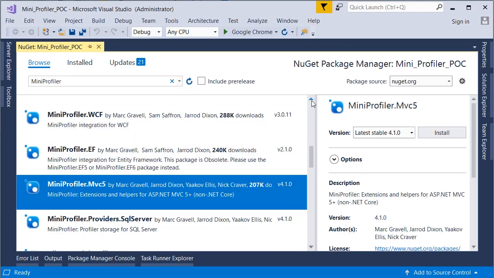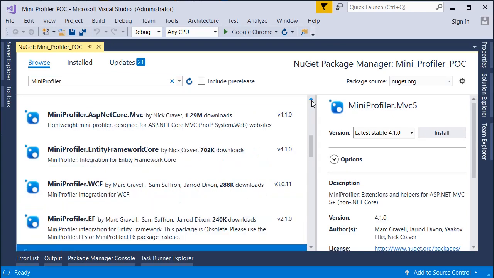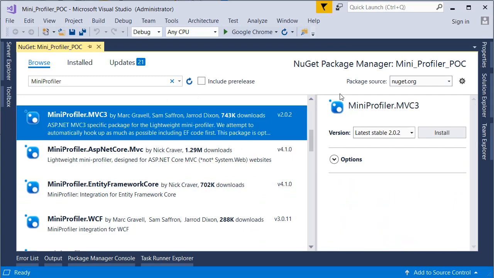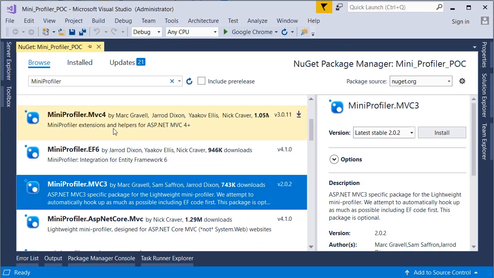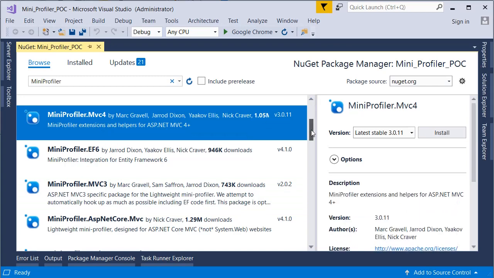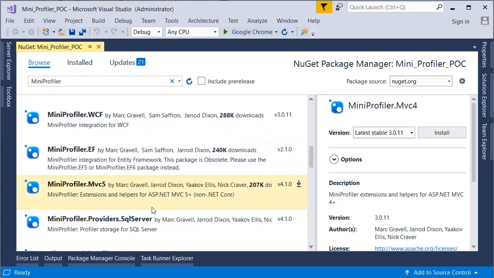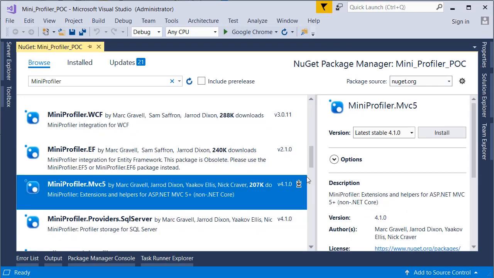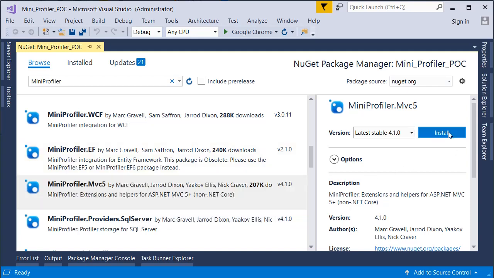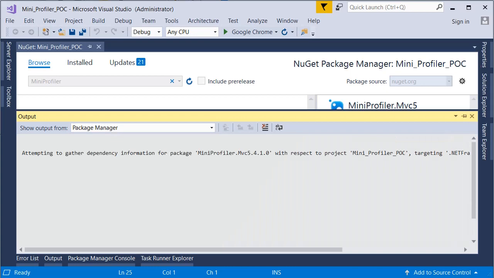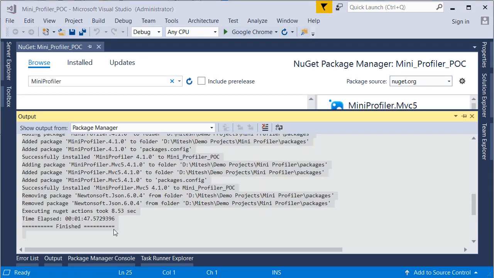In MVC also, if you are working with MVC3, then you need to select MVC3. If you are working with MVC4, then select MVC4, but here I am working with MVC5, that's why I am selecting the MVC5 package and then install.